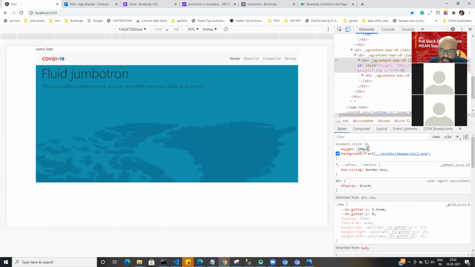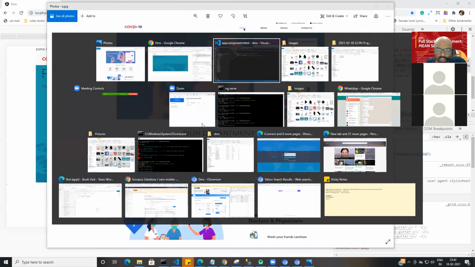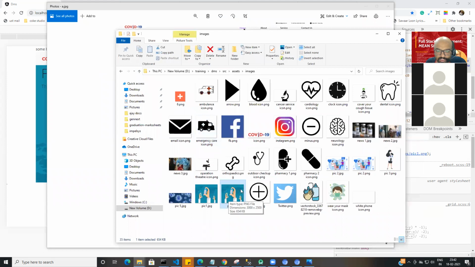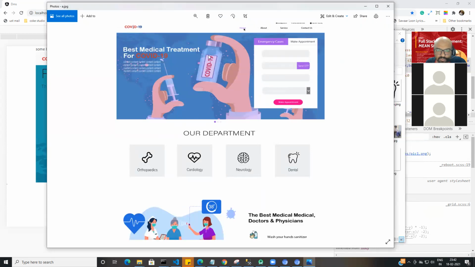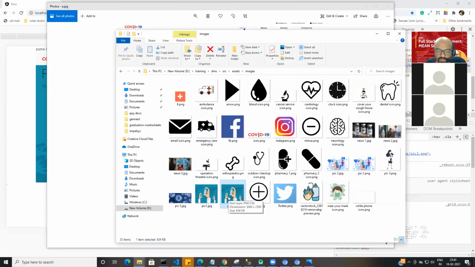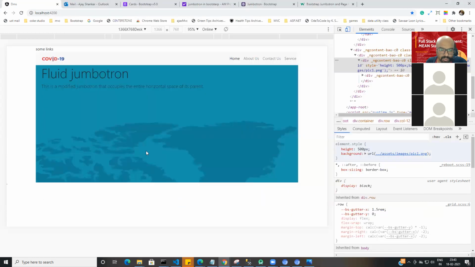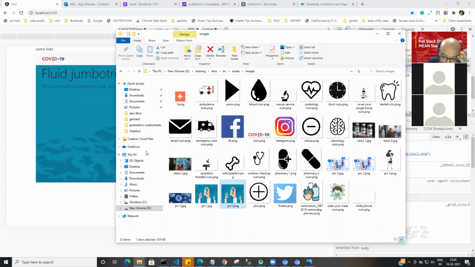Okay, so the point is, it's not about the height. Your image is very huge. First of all, I still doubt whether it is the right image which I copied or not. I don't think so. See, Garima, here it is of a different color, correct? And here it is a different one. Why is your image not coming? The hand symbol is not coming. What happened? Where did we go wrong?